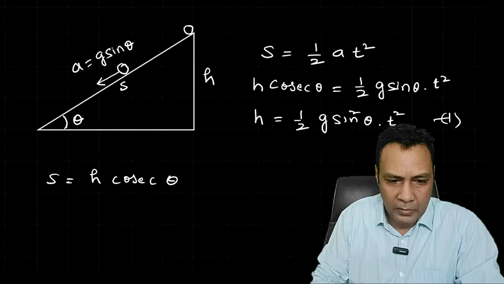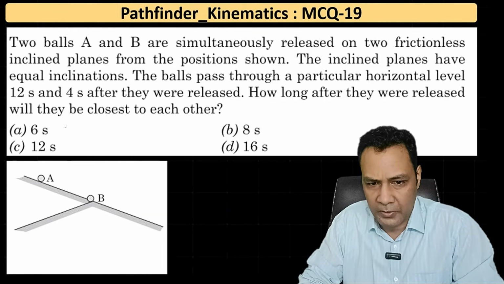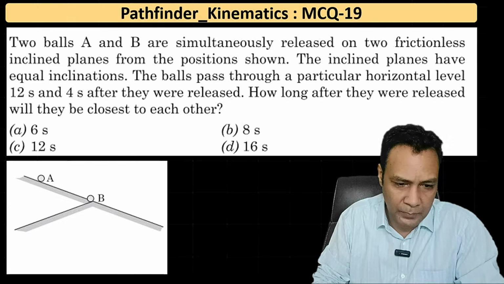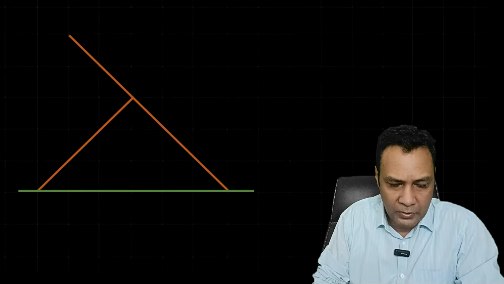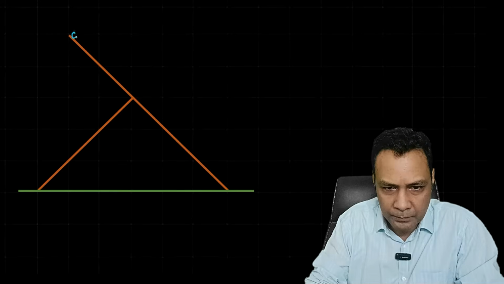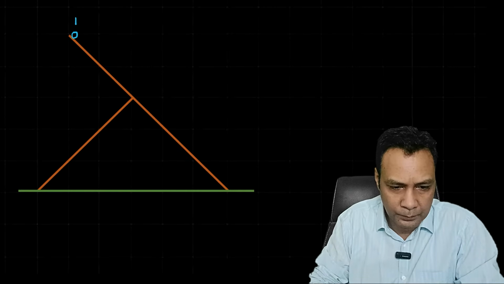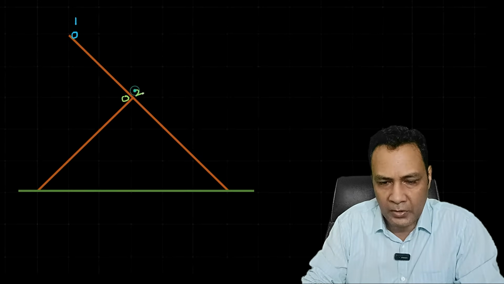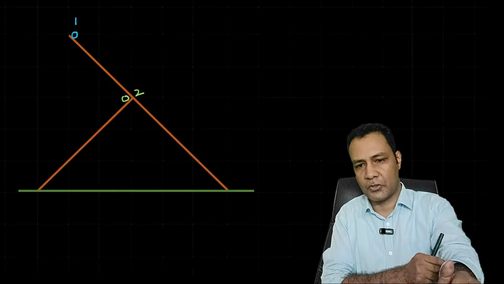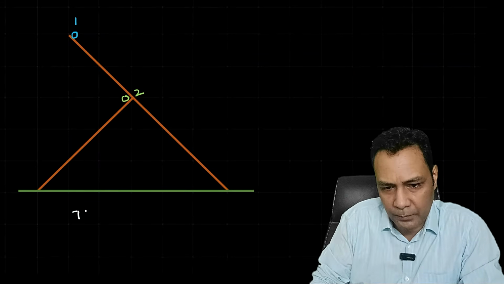And now the thing that was asked: how long after they were released will they be at closest to each other? So now the relative motion part. Suppose this is ball 1 and this is ball 2. Initial relative velocity is 0 because both were released from the same horizontal position. So looking from the ground, in the ground frame,